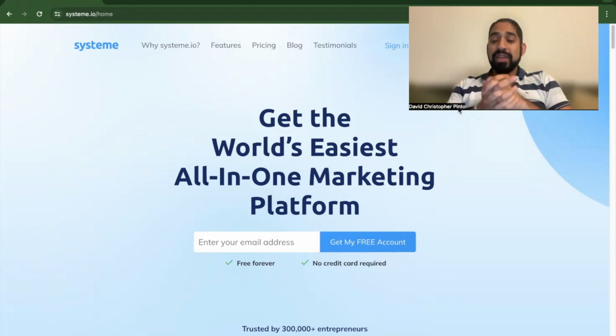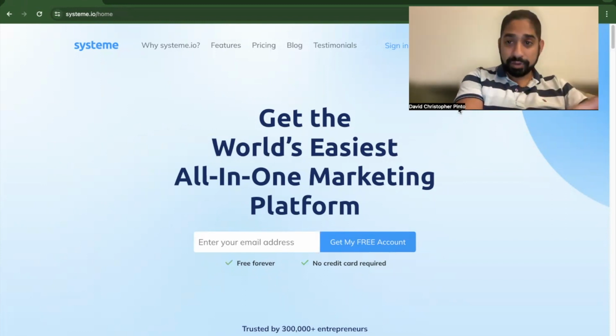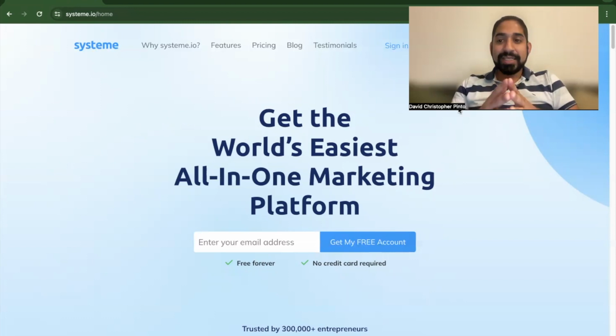So I'm going to be naming three main points that I find as the most crucial points within course creation, at least if you're getting started as a new person. I am not an expert in course creation, but I think that system.io is a perfect place to get started if that's what you're looking into. So I wanted to make sure that at least on a Wednesday, I'm talking about a tool that has a multifaceted approach, which you can really go ahead and implement whatever features you want within your affiliate marketing itself.